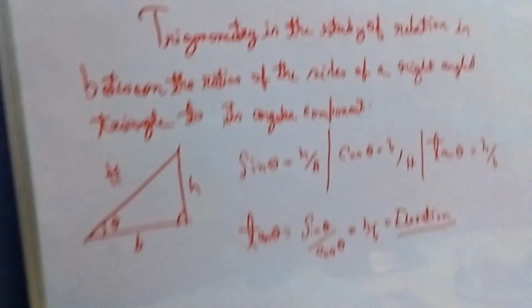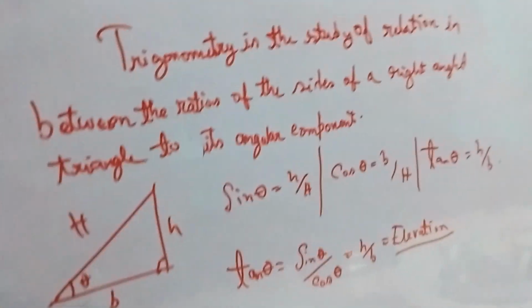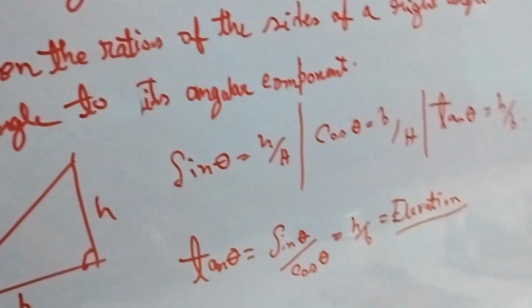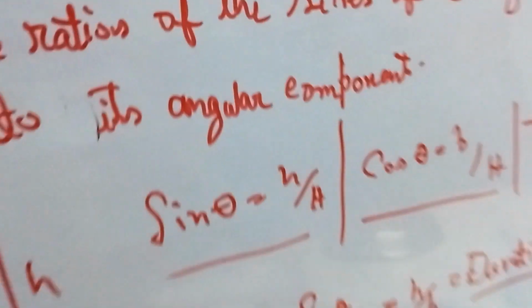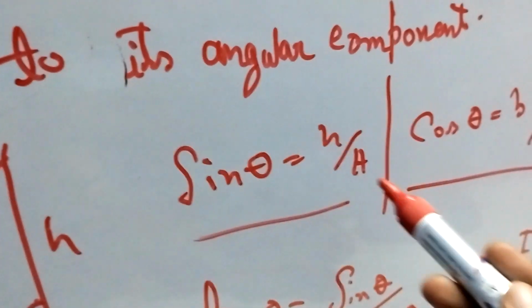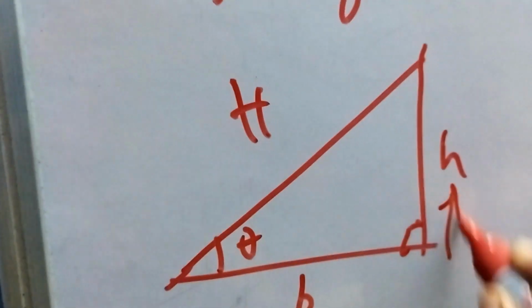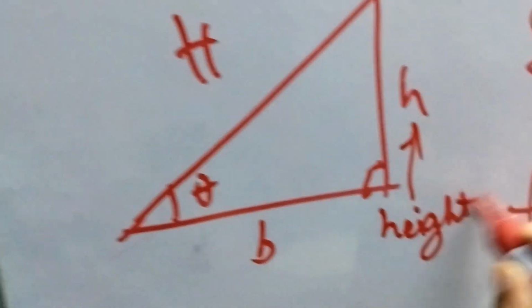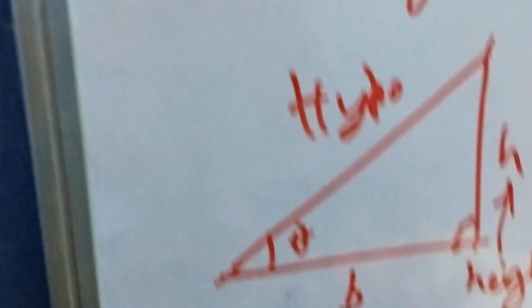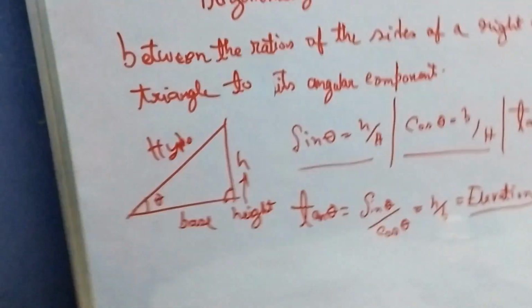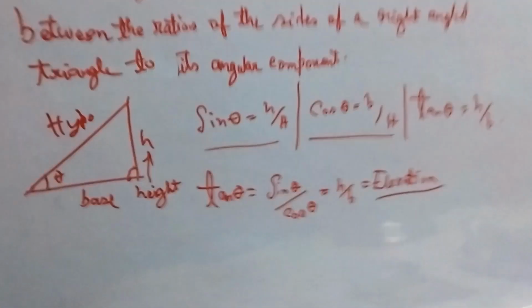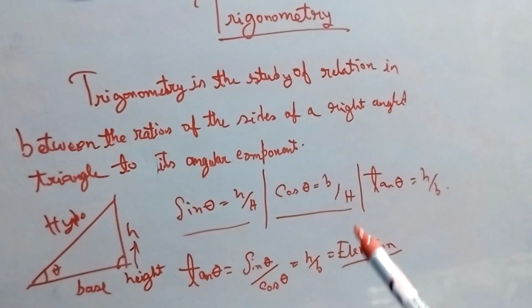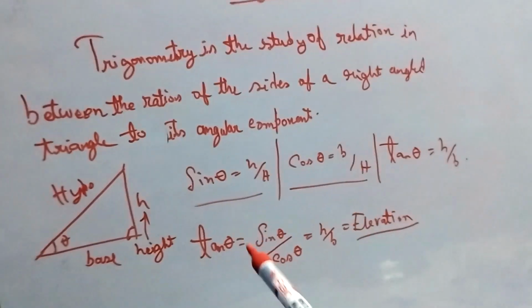And there are various types of ratios that are defined in trigonometry. The most basic ones are sin theta, cos theta, and tan theta. So what do we mean by sin theta? Height by hypotenuse. As here I have written, this is height, this is hypotenuse, and this is base, right? I have made you understand. So sin theta is height by hypotenuse, cos theta is base by hypotenuse, and tan theta is sin by cos theta,